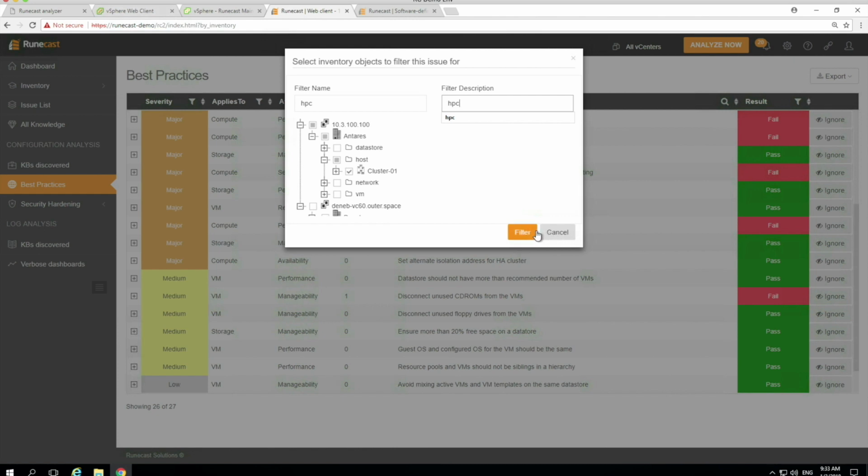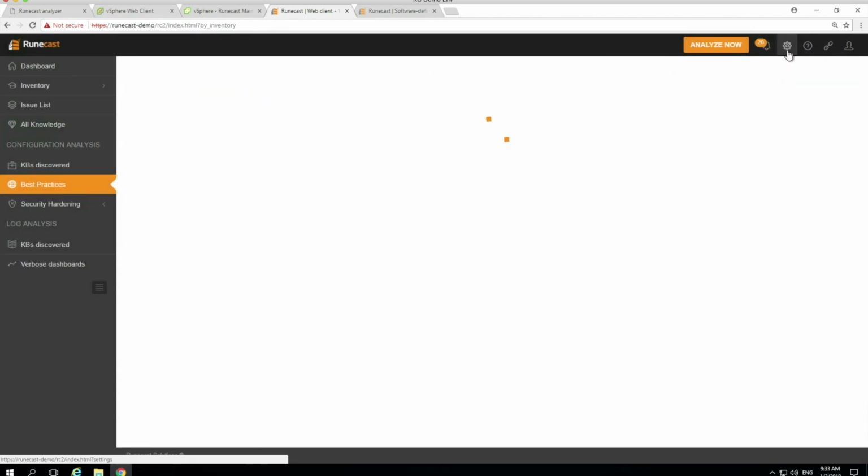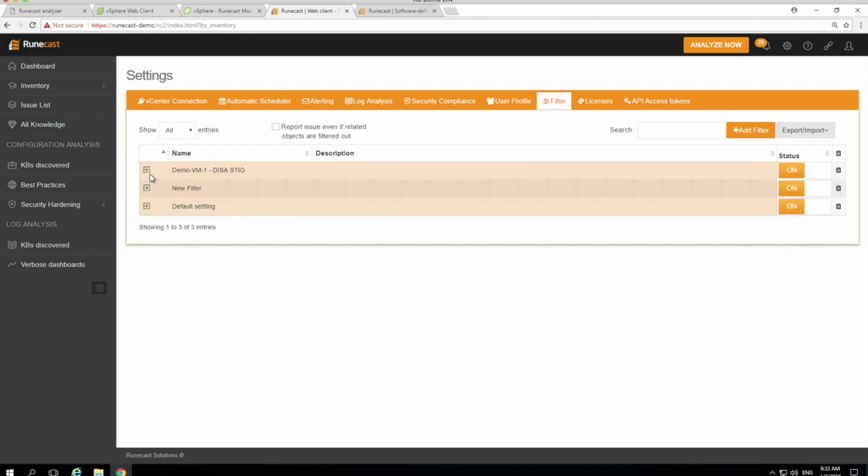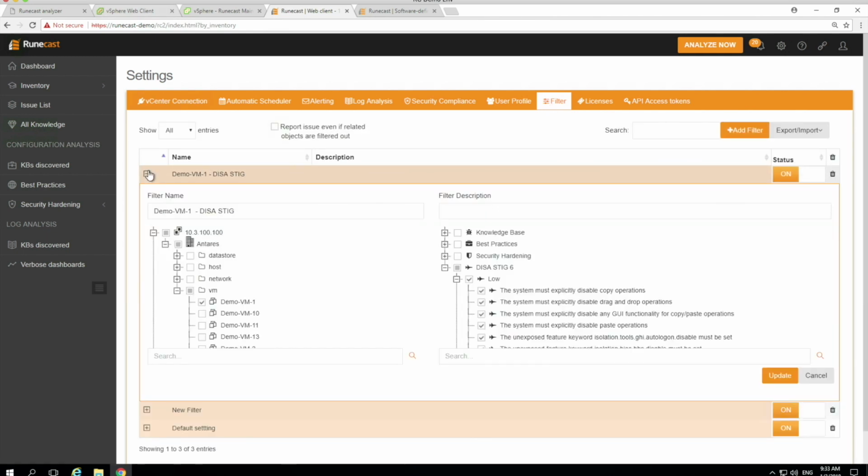So you can tailor it to your own requirements. We've also got, up here in the settings view, for that filtering, a nice global dashboard where you can administer all of that to tailor it to your requirements.